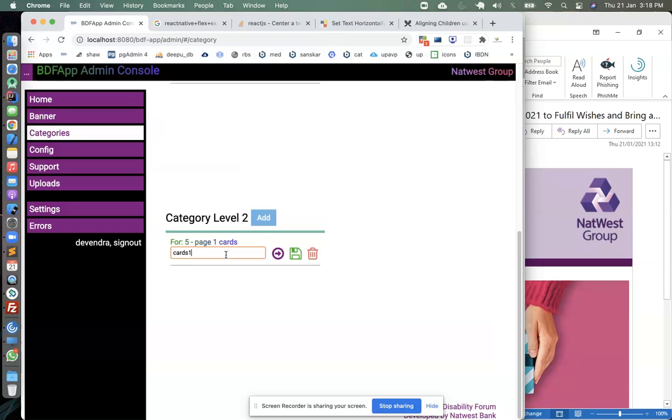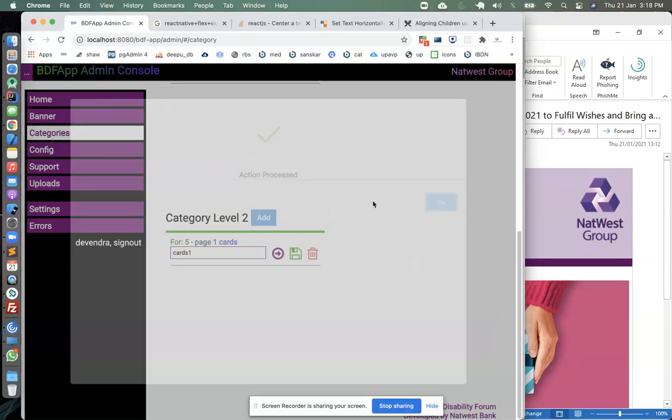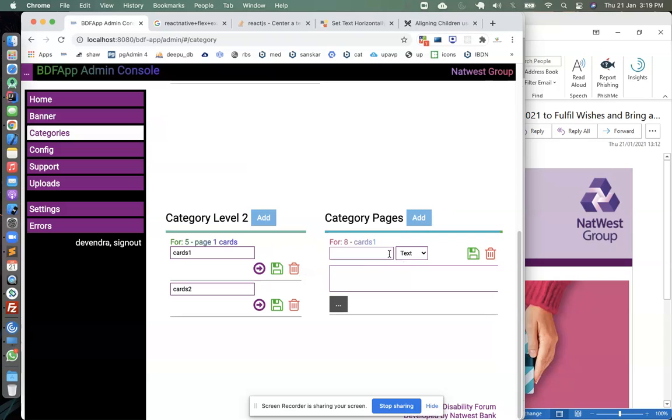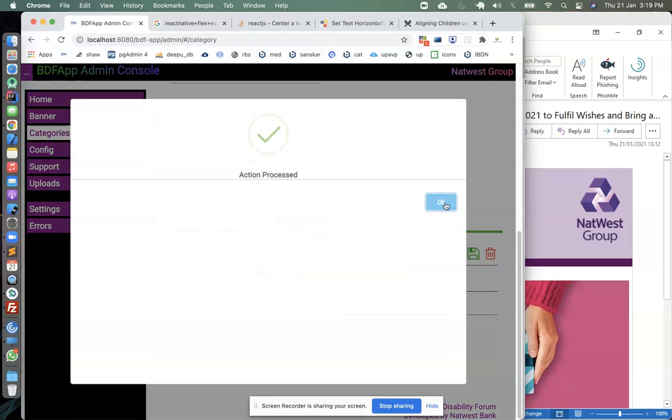Cards 1, cards 2, like so. You can create a text and put a heading around it. Let's say heading, any heading. Cards 1 looks okay to me. Save it.